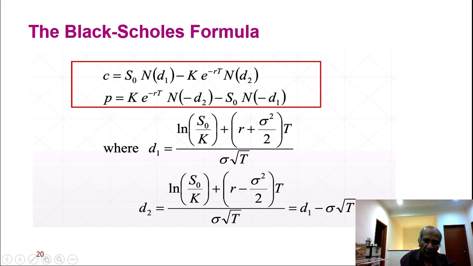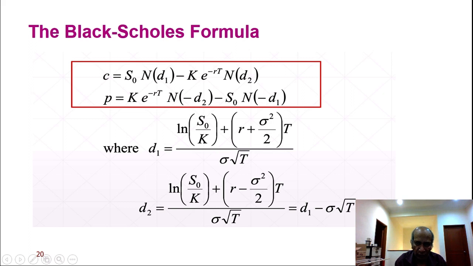So you have K e to the power of minus rT and N(minus d2). Now it's no more N(d2), it's N(minus d2). It's not very difficult to get the N(minus d2). It's the same as the probability formula you found. If you know the value of N(d2), then 1 minus the value of N(d2) will give you